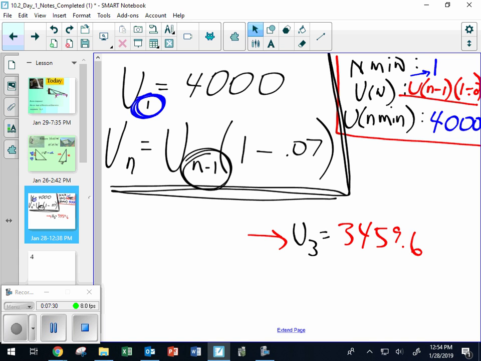When they say, what's the decay rate? Well, duh, it's 7%. That's easy. But don't put 0.07%. That's not a percent. 0.07 is a decimal. So if you want it to be a percent, it would be 7%. And then here's the other common mistake. Guess what people put